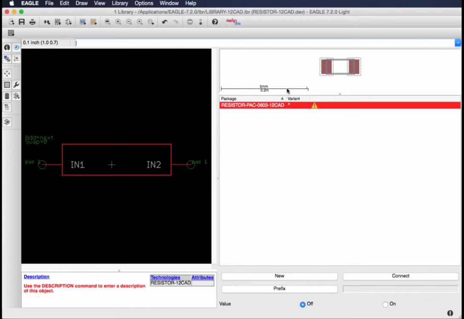So the final step is, as you can see in the top right middle column here, we have our package, but we have a warning sign right here, and that's because we haven't connected the symbol pins to the package pins. And so to do that, we will go down here and click on Connect. So if I click on Connect,